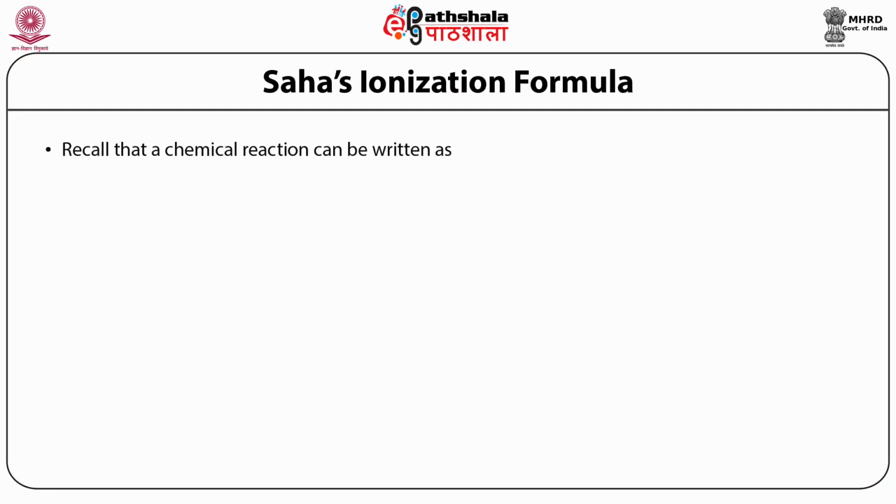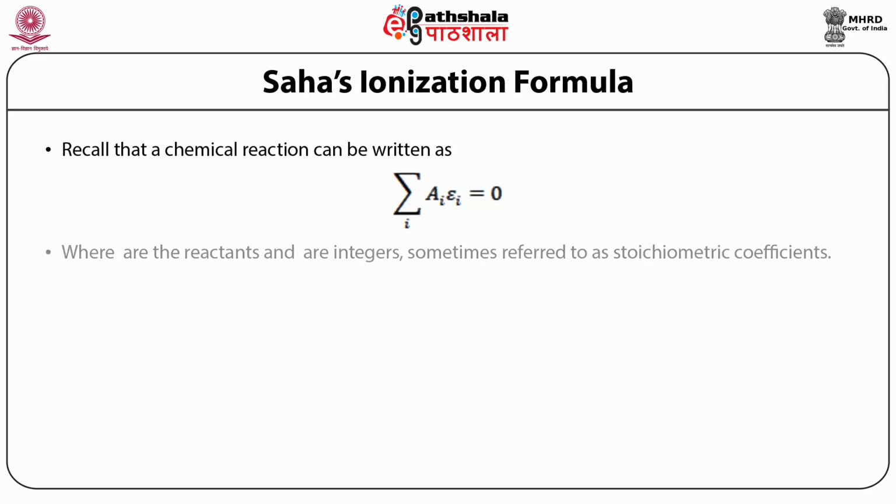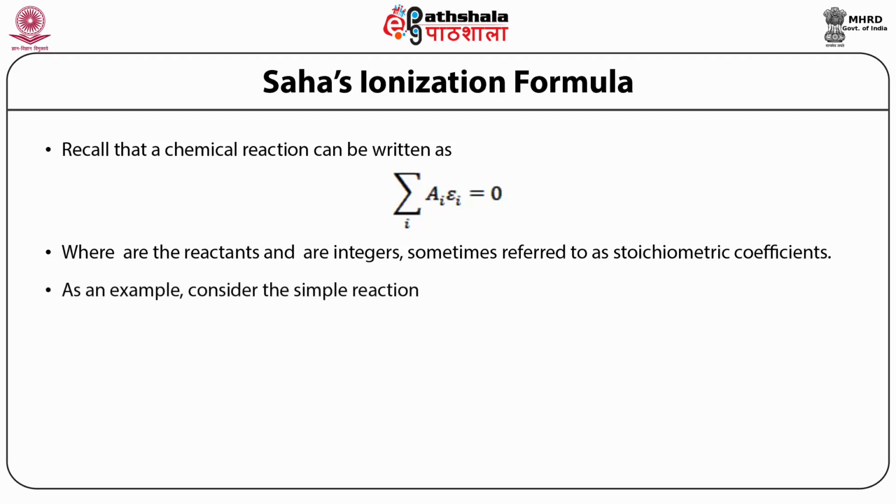Let's recall that a chemical reaction can be written as summation over i of a_i times epsilon_i equal to 0, where epsilon_i are the reactants and a_i are the integers, sometimes referred to as stoichiometric coefficients. As an example, consider the simple reaction 2H2 + O2